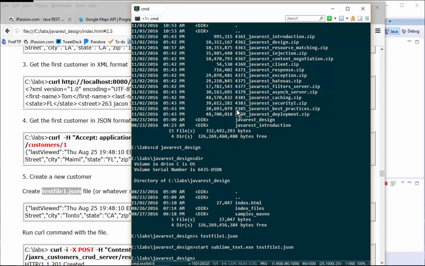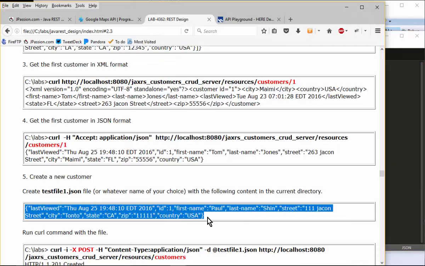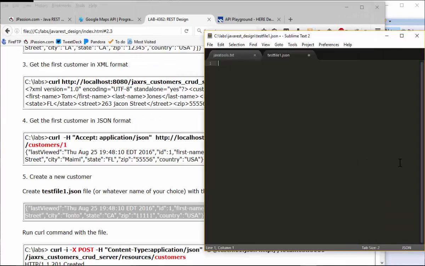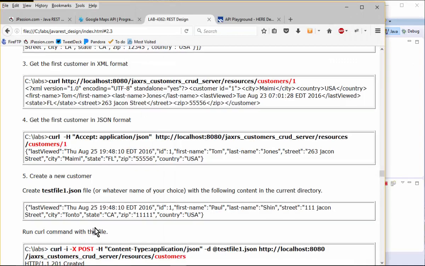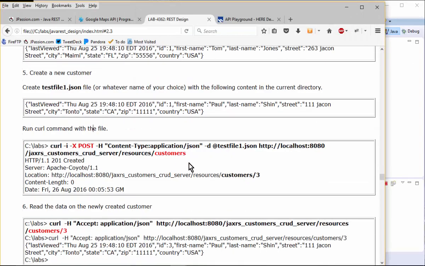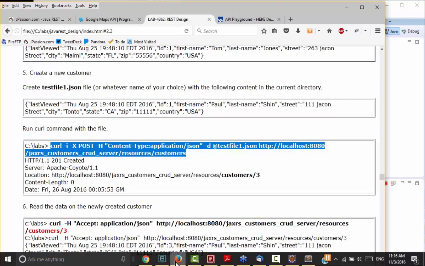You can use any editor of your choice, and then I'm going to copy this. So this is a brand new customer I'm creating. So save the change, and then I'm going to use POST, and the URI pattern is the collection pattern. So I'm going to copy this and